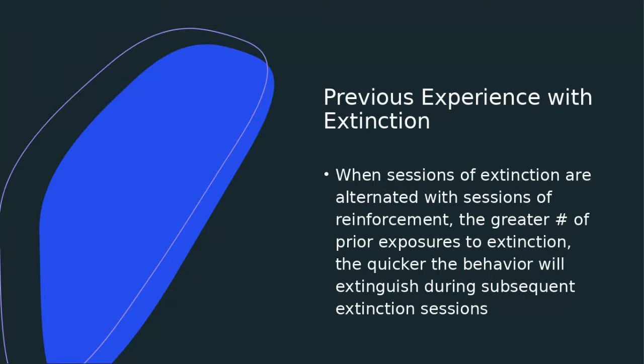So let's say, for example, you have a friend who very often answers your phone calls. So you call her once, she quickly answers the phone. But sometimes she gets in these moods where she doesn't respond to your phone calls, and no matter how much you call, she will not answer you. Once you've alternated between these two phases of her sometimes answering your call, and your behavior of calling her is being reinforced, and these periods where you call and she doesn't answer, and your behavior of calling is not being reinforced, it's being extinguished, the more you've gone through those trials, the more quickly you recognize an extinction session,